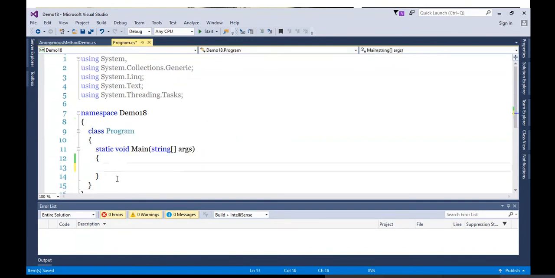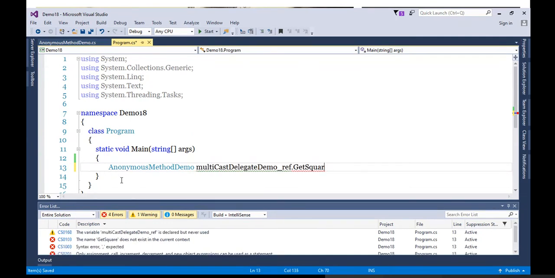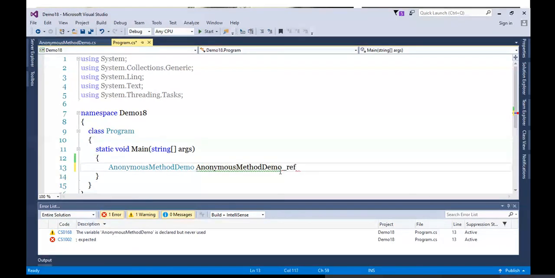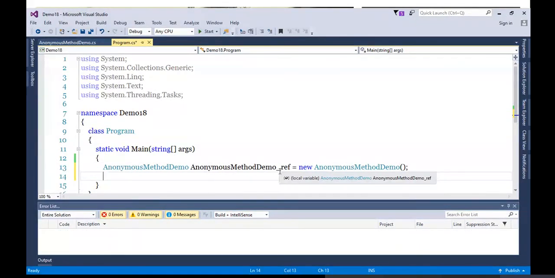So let's prepare the class reference first: AnonymousMethodDemo, equals new AnonymousMethodDemo.